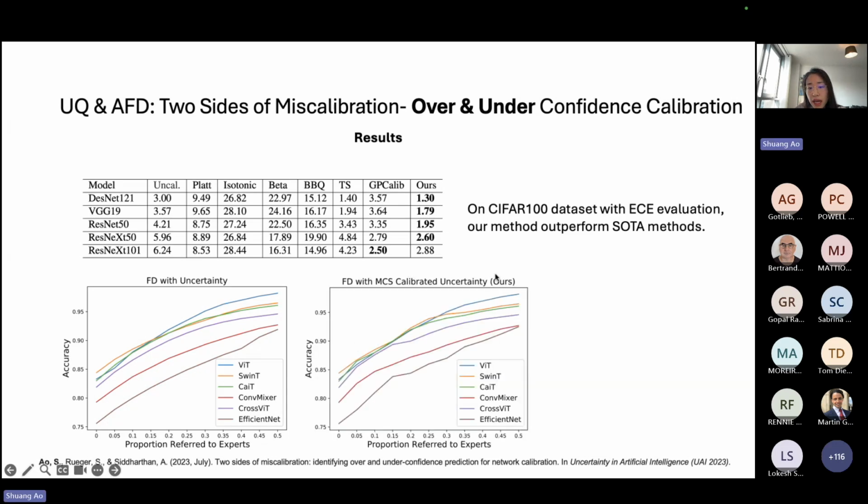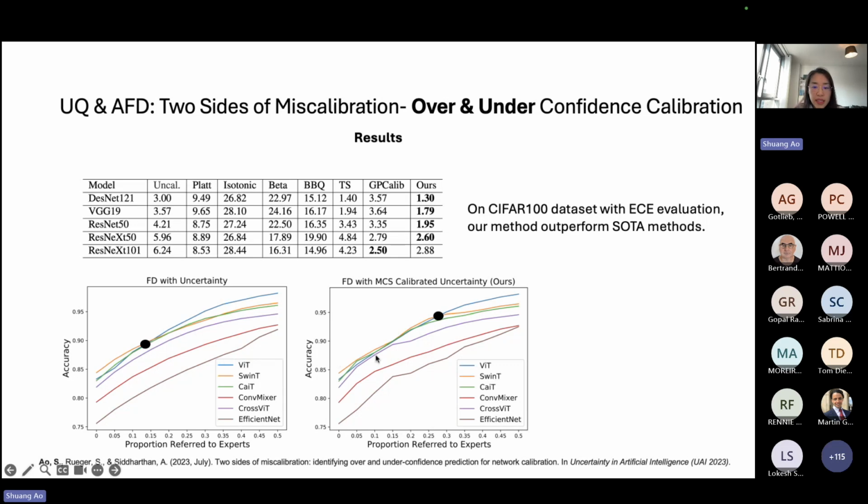And after we apply our technique, you can see that ViT still gradually has the higher performance, but ViT starts to become better when you remove around 13% of the data, and here it is after you remove 25% of the data. So it means that our method actually makes this transformer more reliable.